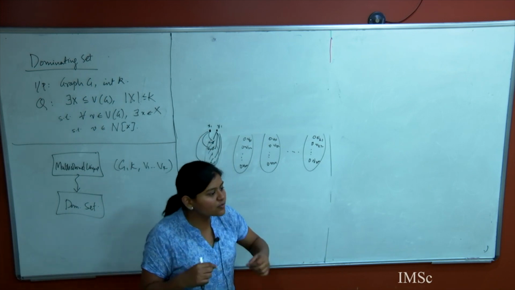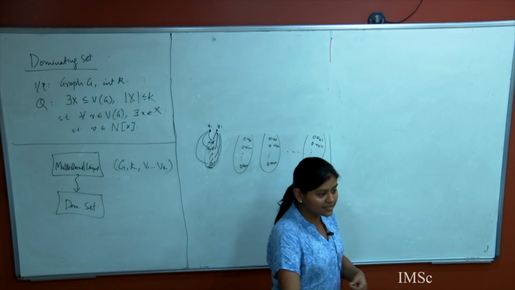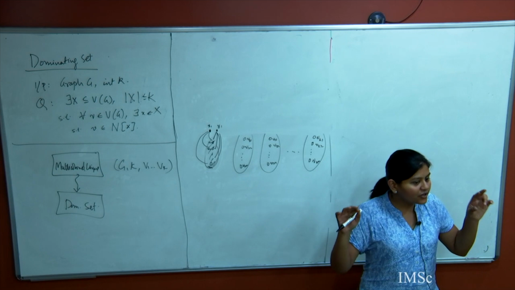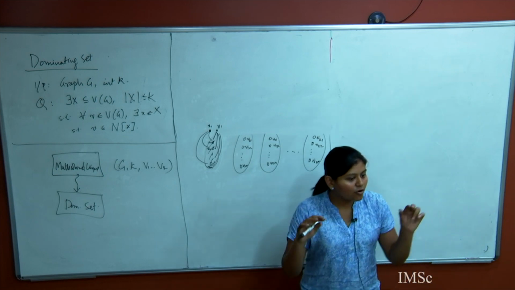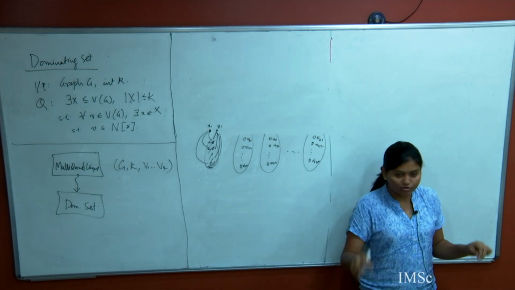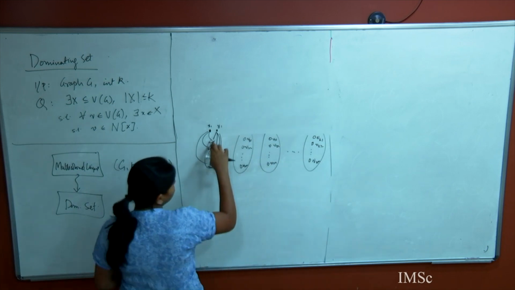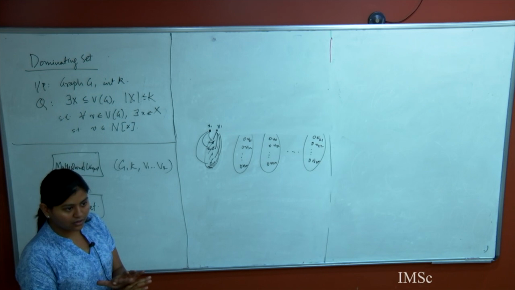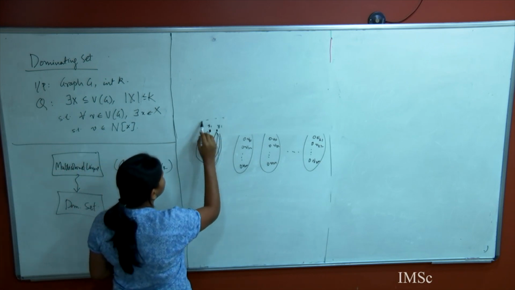So x1 says that I should be dominated, y1 says that I should also be dominated, but they cannot dominate each other. So in a sense, a smaller size solution should prefer these vertices which are originally in the set V1. Okay, so this is why we add this,